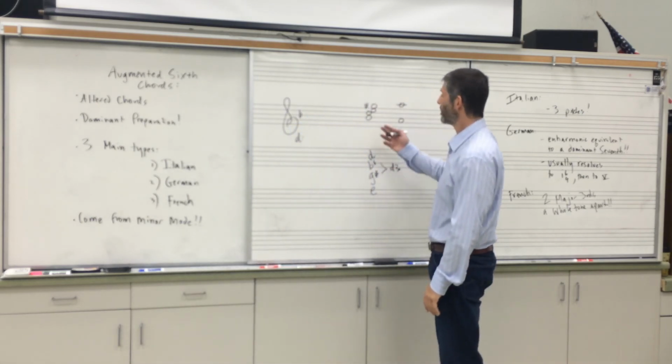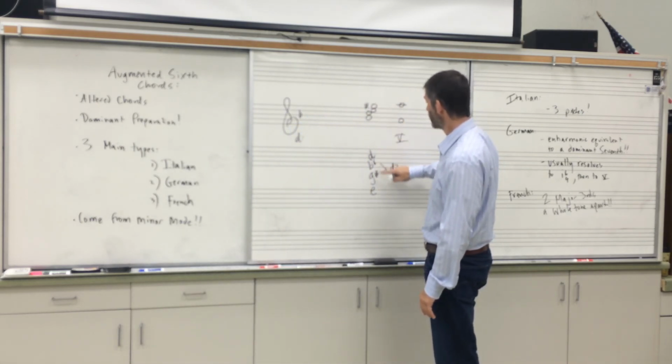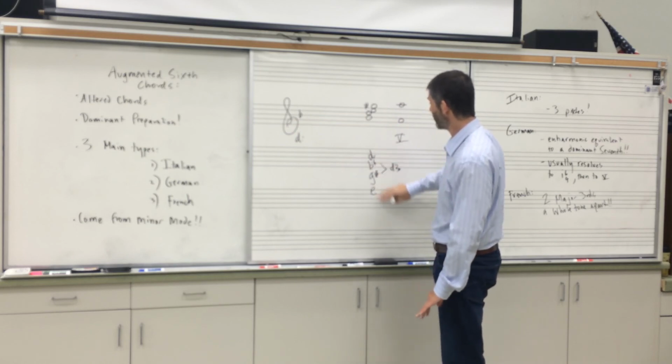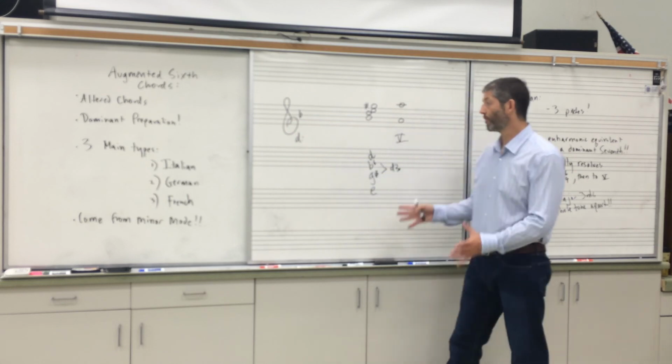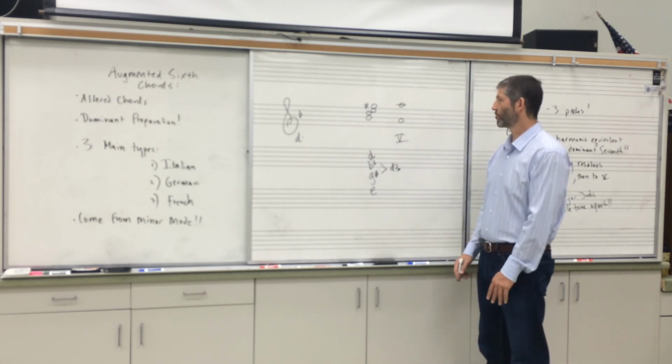Or I can say, well, from what chord, Roman numeral wise, does this seem to be drawn? And it's an E chord in D. It seems to be drawn from a 2/7 chord, and it's a French sixth. That's where the French sixth comes from. And this would resolve to